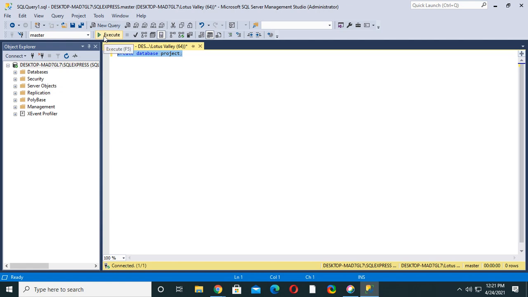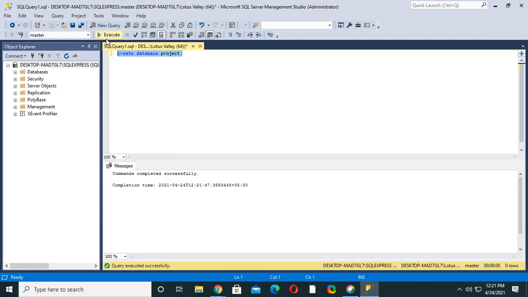execute from here only. Whenever you click on this, you can see commands completed successfully, meaning your project database is created. Master is a different database given in the SQL server, and now you want to work on the project, so just click here and select the project database. Now next is drop database, that we will not do here, because first of all we have to create tables under this database. That's why we will continue to the next command, that is SQL create command.